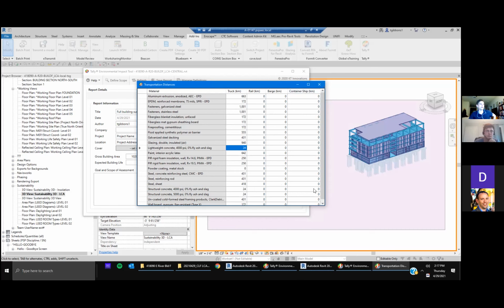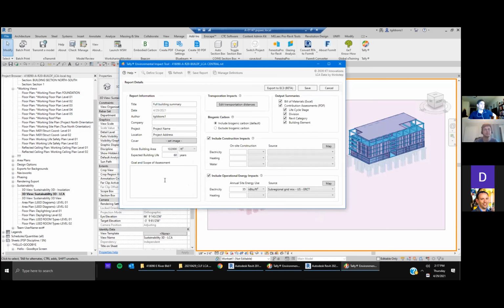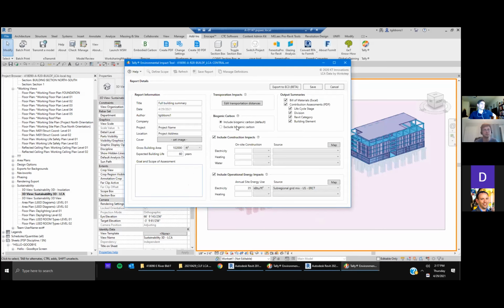You can make your concrete come on a container ship if you really want to, bump up those kilometers. So that's usually what I do, and then include or exclude biogenic carbon. We could have a whole talk on biogenic carbon, but I usually include it, that sequestration. I'm never lucky enough to work on the CLT, the mass timber project, so it's usually not a problem for me. I'm usually just trying to convince clients not to build every single thing out of concrete. So anyway,